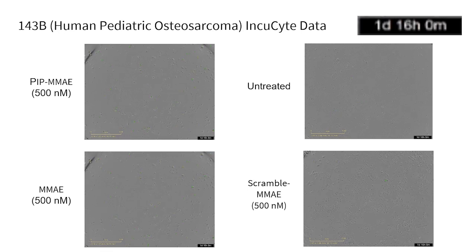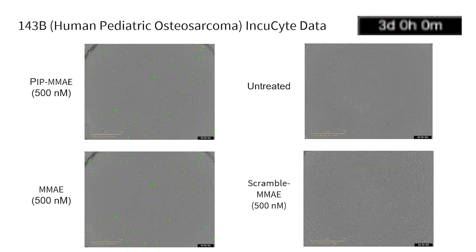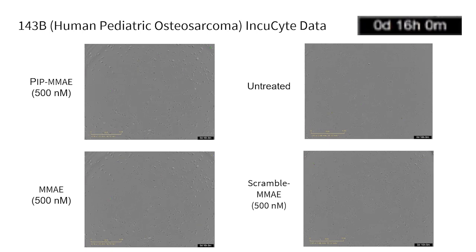And this is especially true in comparison to the untreated control you can see on the top right, and the scramble MMAE on the bottom, which continue to grow and do not see cytotoxicity or inhibited proliferation. The scramble MMAE in this case is a peptide drug conjugate that cannot bind to integrins. So overall, this showed how we were able to see some efficacy with the peptide drug conjugate, however, only at